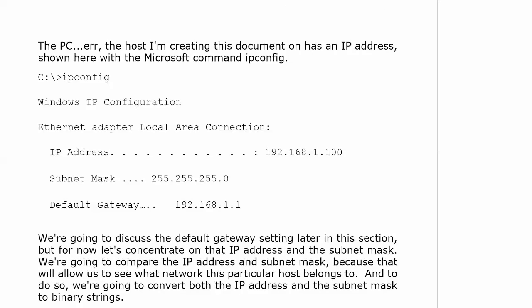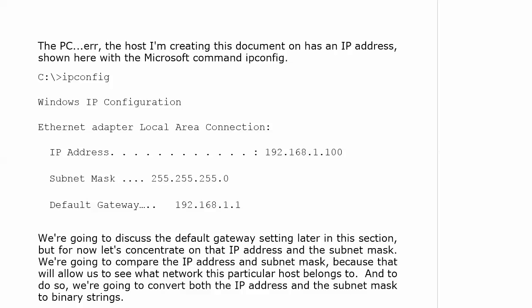For example, we looked at ipconfig on a PC earlier, but I've got it on the board here for you as well. Just a couple of basic values, because this is where troubleshooting can also start, of course after we do the physical layer and make sure everything's turned on. When you run ipconfig, you're going to see your PC's IP address, a subnet mask, and something called a default gateway. We're going to discuss the default gateway later in this section. Right now, I want us to concentrate on that IP address of